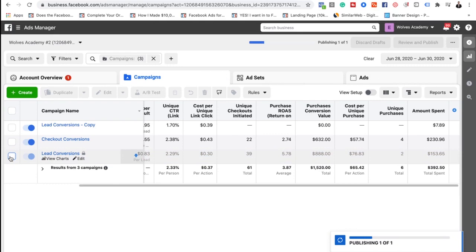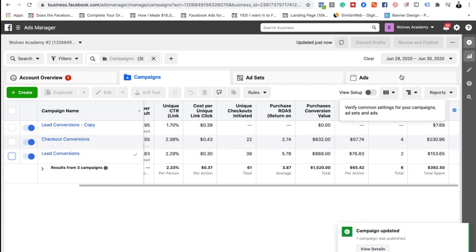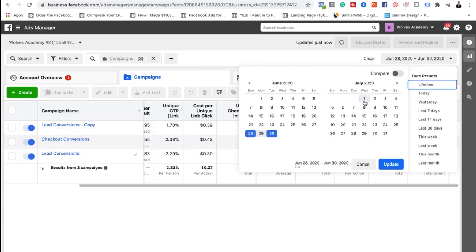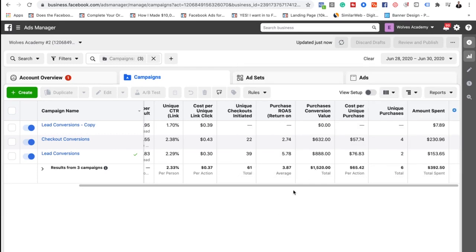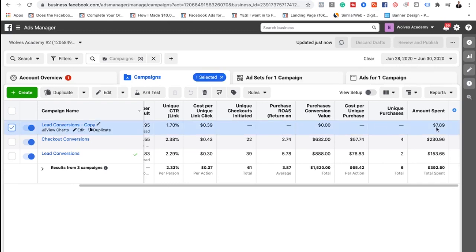And by the way, guys, it is the next day. It is July 1st, but this is the 30th. So this is yesterday's data. So literally it has just turned July 1st where we don't even have enough data on that day. So I would usually have been recording this the next day, but I caught this pretty early. And what are we gonna do on this specific campaign that we set up? It spent